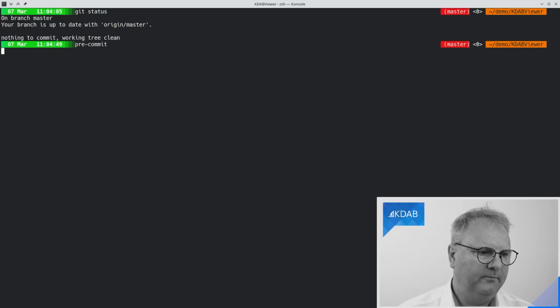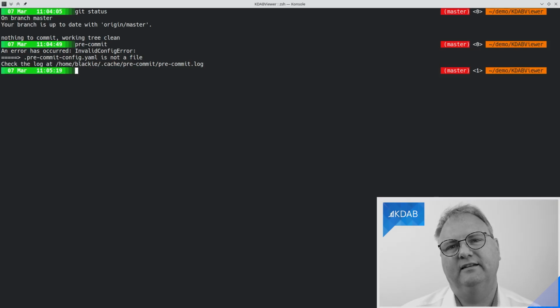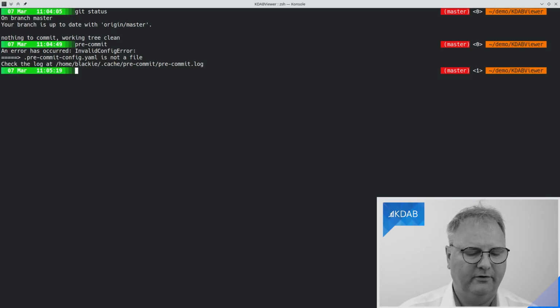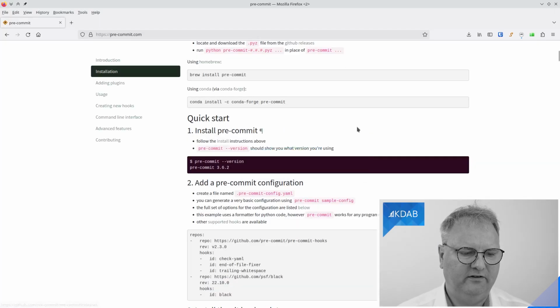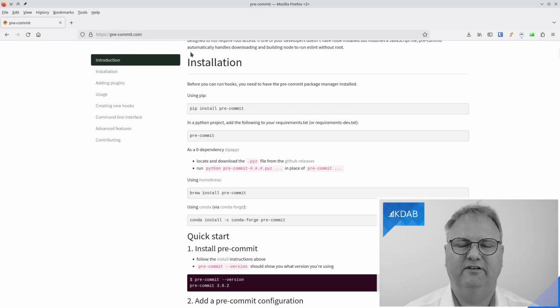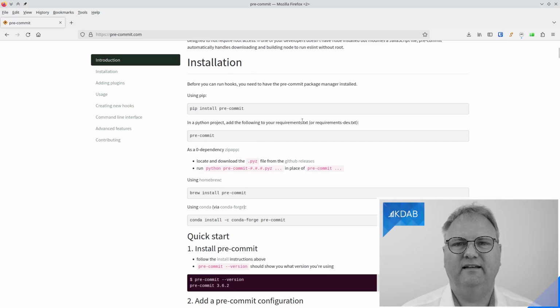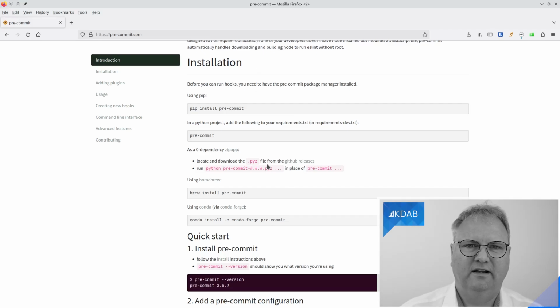I could spell it, pre-commit, and it would tell me, oh, something is wrong. I didn't find the .pre-commit-config.yaml file. And that is the configuration file for it. But also, if we just go to the web page here, there's even a link so you can click on it. This is step 0. That's just the installation of pre-commit itself. I assume that you did that. I must have done that a long time ago. I likely just apt-get installed it. But once you have that, then you're ready to run.